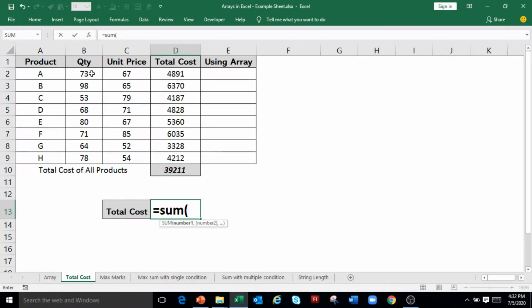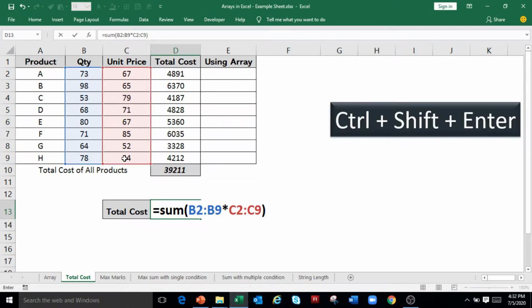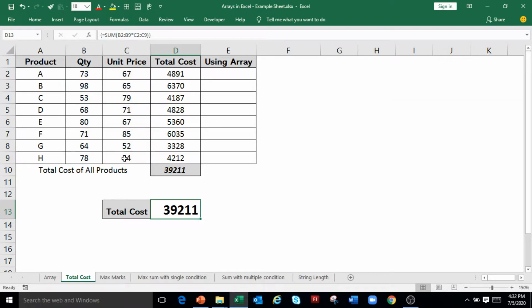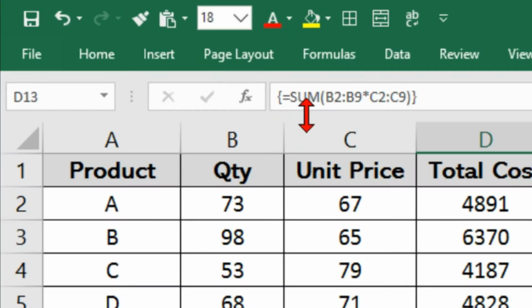So select B2 to B9 having the quantity, asterisk sign for multiplication, select C2 to C9 having the unit price, closing bracket and press the Ctrl Shift Enter key. The result is the total cost of all the products. Also, after pressing Ctrl Shift Enter, the sum function is enclosed within curly brackets.